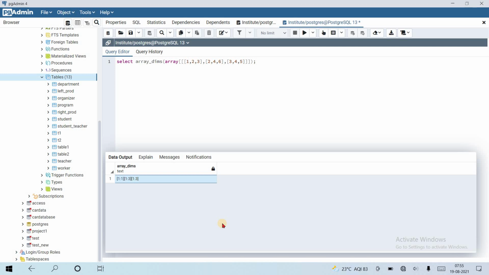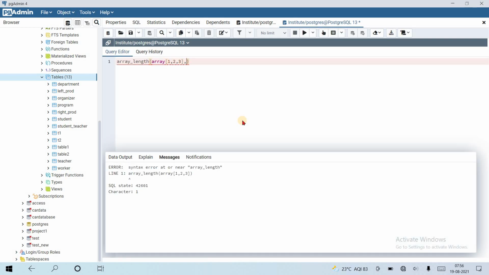Okay, there is one more function, array_length. Its return type is integer. If I use it and pass any array inside, suppose the previous array 1 comma 2 comma 3, which is a one dimensional array, and I run this, it will give an error because it has a second parameter, that is an integer.